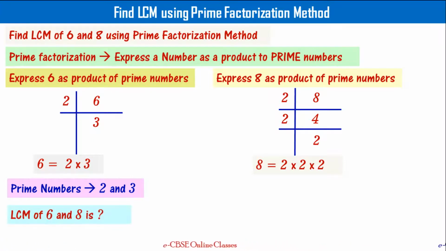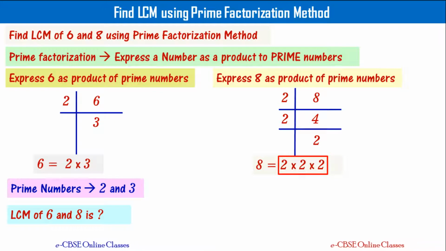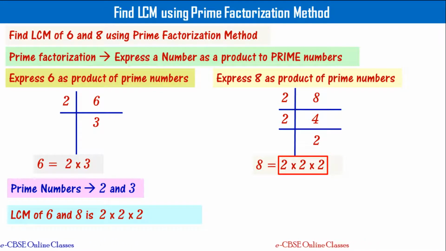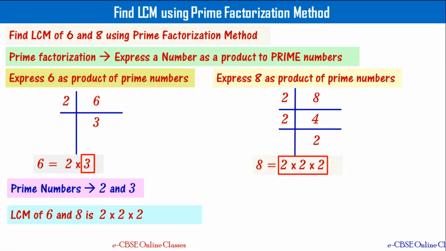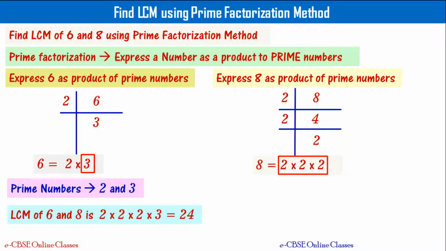Now, to find LCM of 6 and 8, we see number 2, which is a prime number, and how many times it appeared at the maximum. It appeared 3 times in the number 8, right? Whereas number 3 appears only once, in the case of 6. So we write these two things as a product. Then what you get is 24. That is the LCM of 6 and 8, right?